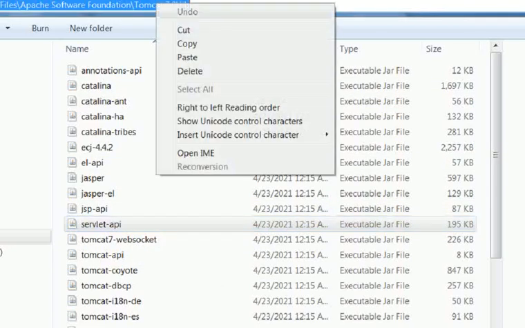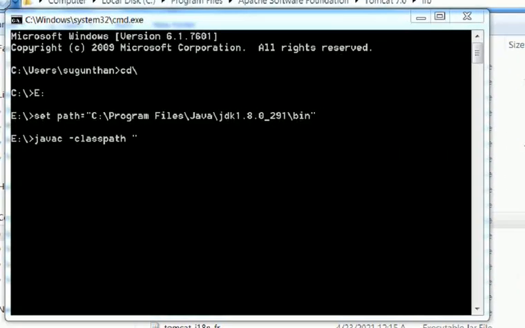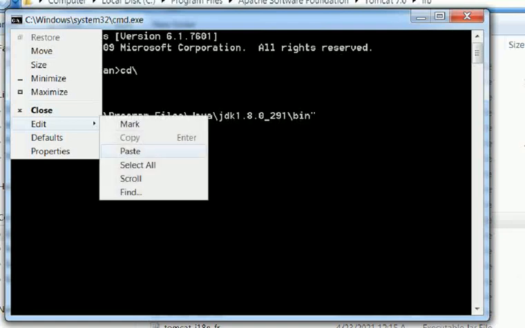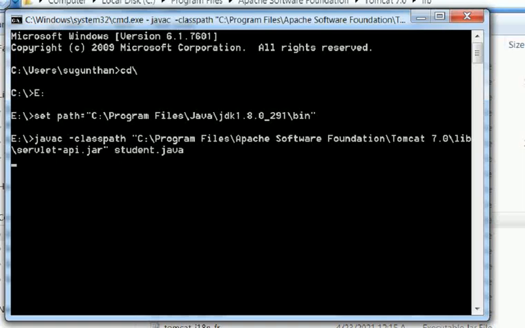Then copy the path, open the command prompt, then paste it, /servlet-api.jar, close the double quotes. Then file name student.java, enter. It will take 2 to 3 minutes.